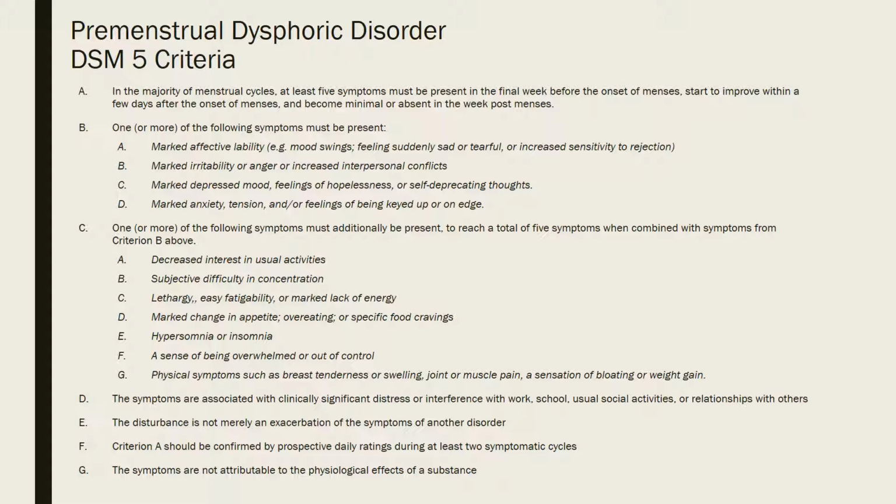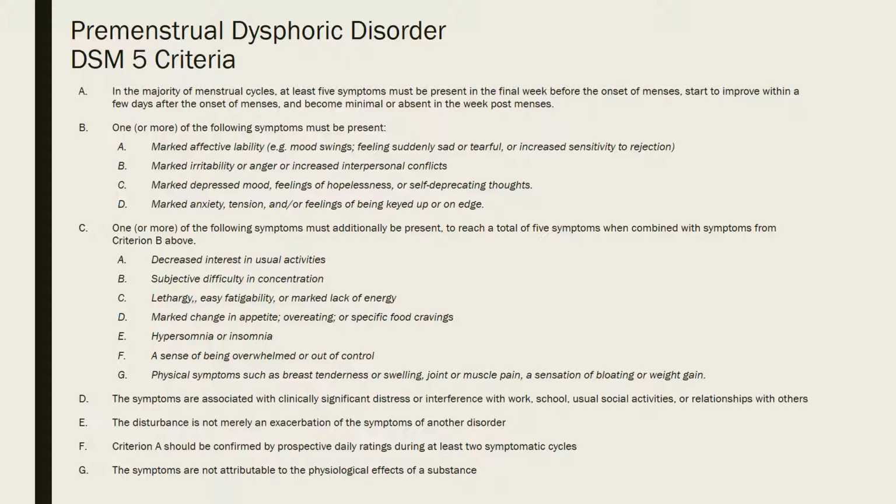And then you need one or more of these other following symptoms to reach a total of 5 symptoms when combined with symptoms from criteria B or above. So it's tricky because you need one or more, but together you need 5. So decreased interest in usual activities, looks like anhedonia again. Subjective difficulty in concentration,